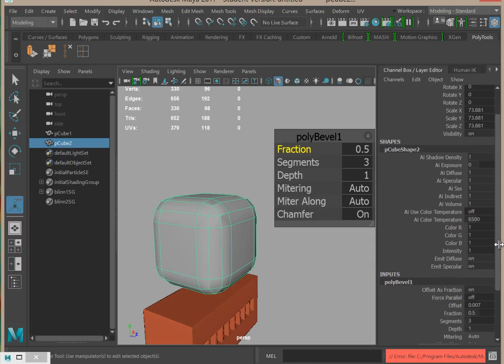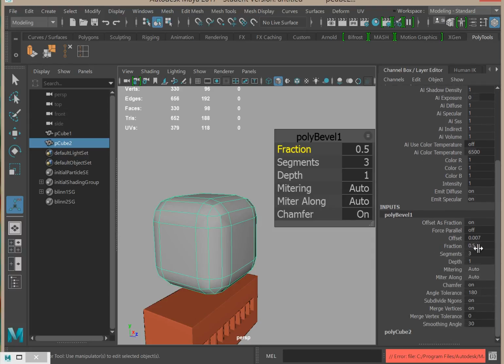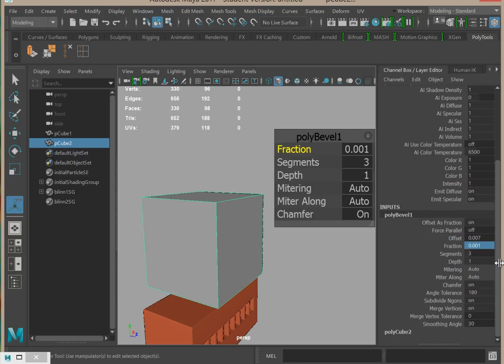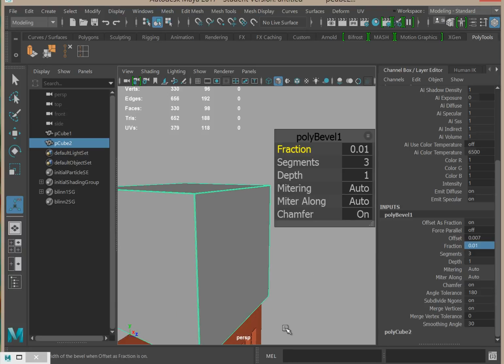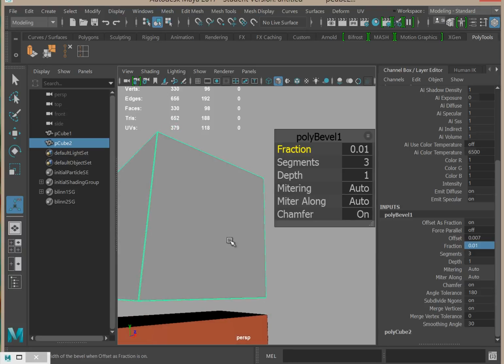Polybevel. And I had the fraction, I had it much smaller, 0.001. That's way too small. Okay, that looks pretty good. And then if I start there, those guys are done, and I can start